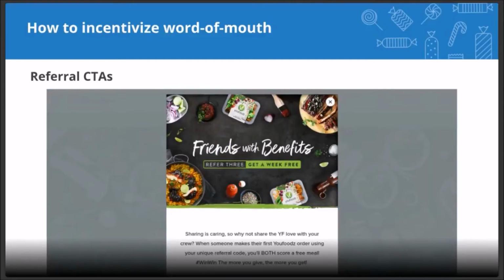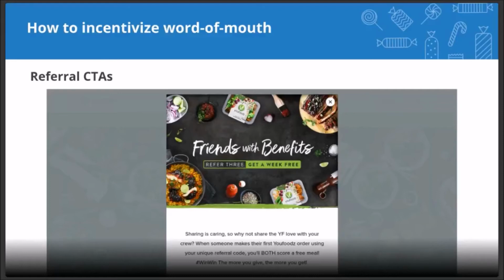So let's say you have a referral program up and running, but you're not seeing many conversions. You're not seeing your customers referring their friends and family. The reason why that's happening might be what we just discussed: we are bombarded with content marketing nowadays. We have a lot of marketing messages pointed at us. So we have to make sure that our content sticks out from the competition and that your customers remember you.